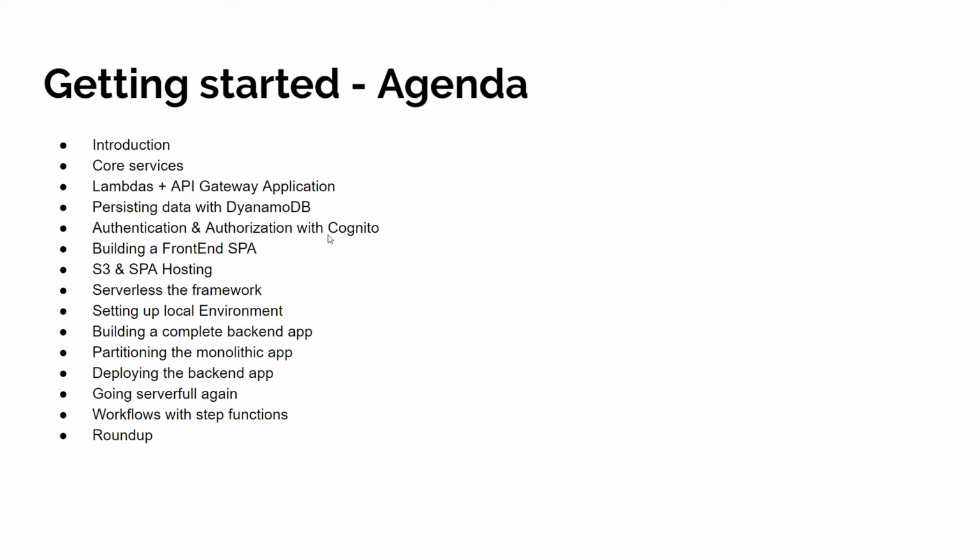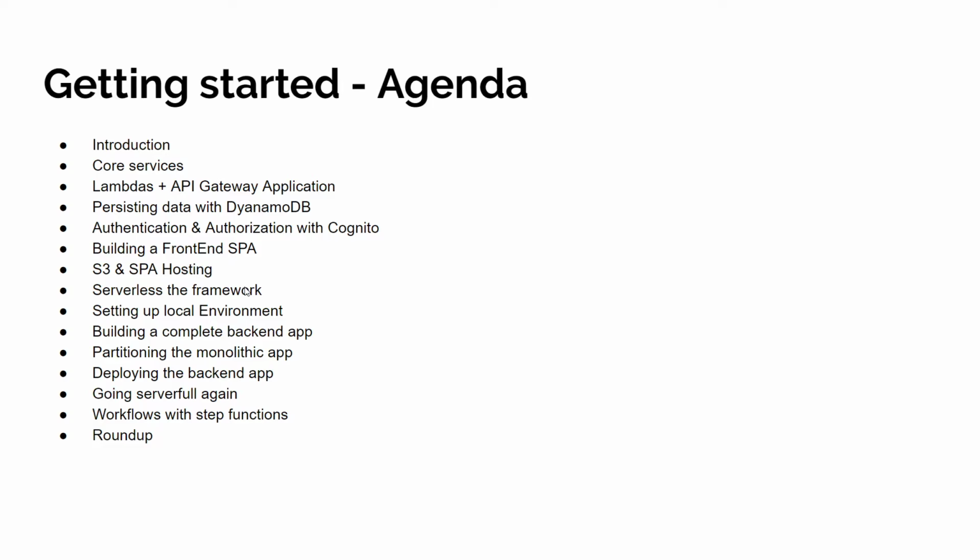Authentication and authorization. Building a front-end single-page application, that is what SPA stands for, single-page applications. Then we're going to see S3 and how to host our application. After that, we will have all the basic knowledge that we need to build an application manually. Then we're going to,